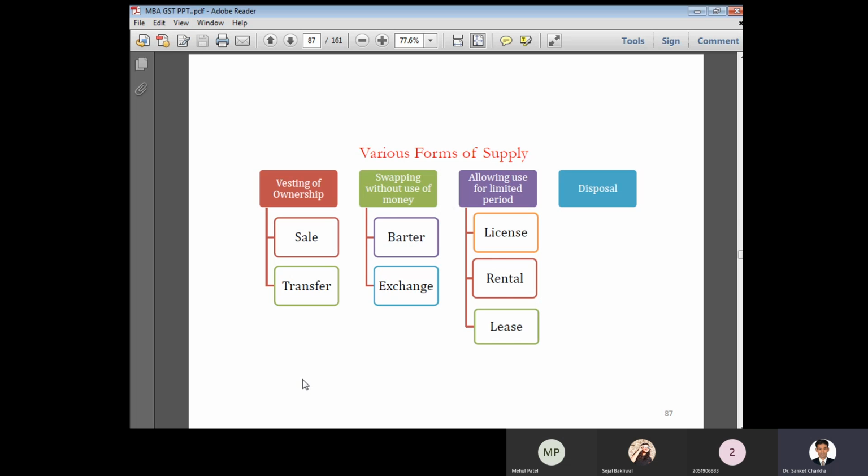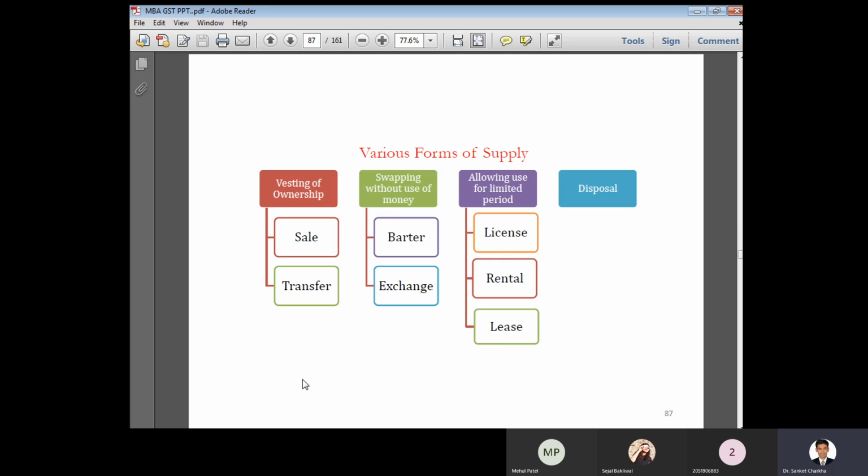Another consideration is rental. Rental is a situation wherein you can ask a person to give you rent, and accordingly you can charge the person for using those particular services or goods which have been provided. And lastly, leasing. Leasing is a type of contract wherein at several stages or points of time you can conduct business transactions for a very specific period or duration. It may be 5 years, 10 years, 20 years, 50 years, and so on, under specific terms and conditions or guidelines that have been provided. So for a limited period of time the supply can be conducted, which is either a licensing, a rental activity, or a leasing activity.